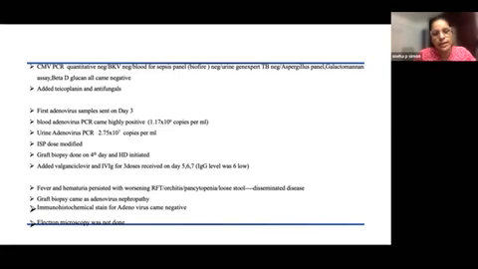The blood adenovirus PCR came as highly positive, 1.17 × 10^6 copies per ml. More than 10,000 copies per ml is considered significant. And urine adenovirus came as 2.75 × 10^7 copies per ml. That is, more than 1 lakh is considered significant. So with blood and urine adenoviral positive, the immunosuppression dose was modified.